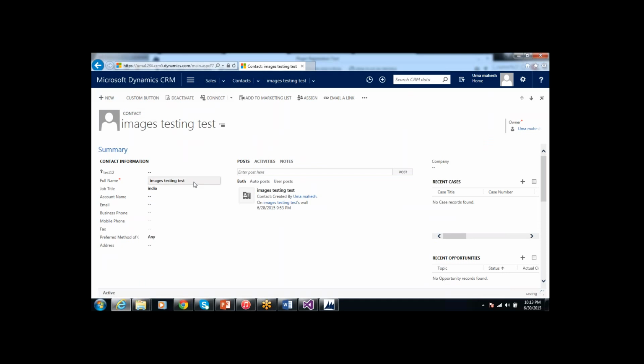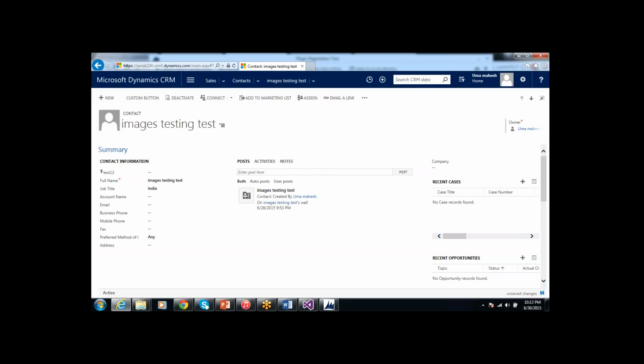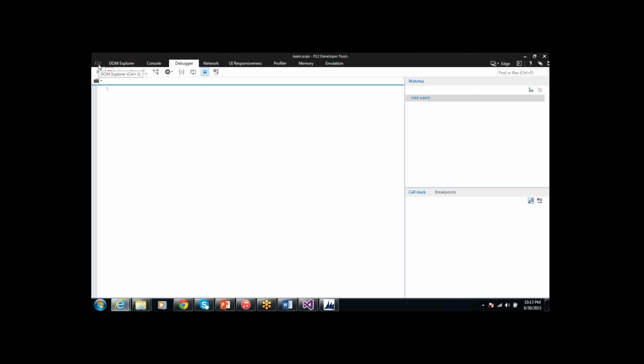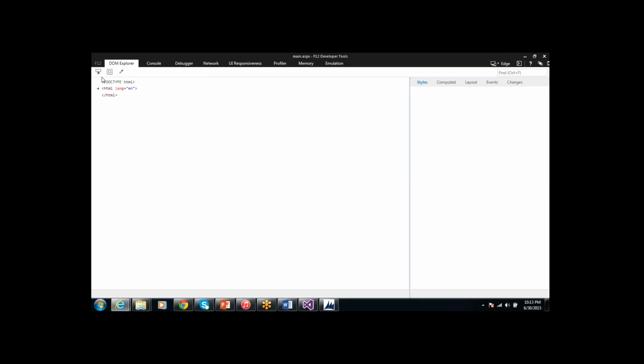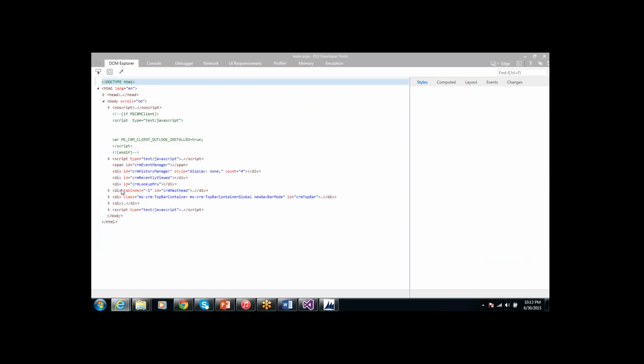It gives me an error like image testing: this specified field does not exist. Maybe I have given a wrong schema name. If I want to retrieve the field schema name, the simple way is this one.